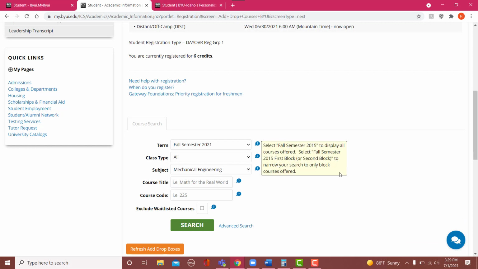The rest of the classes that you will want to register for your first semester will be a mathematics class, which can be either Calculus 1, Pre-Calculus, or another supplementary math class to get your math skills up to the level that they need to be at. You will also want to take Physics 121 if you are registering for Calculus. If you are not registering for Calculus, we recommend that you take English 150, which is the Writing and Reasoning